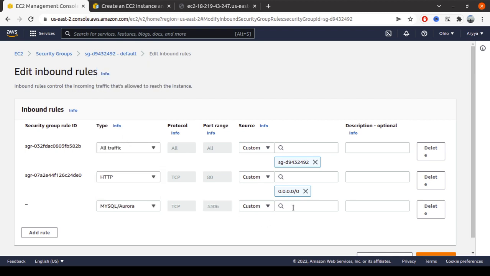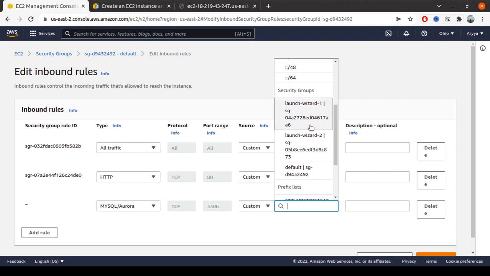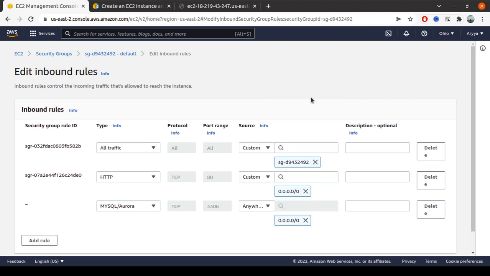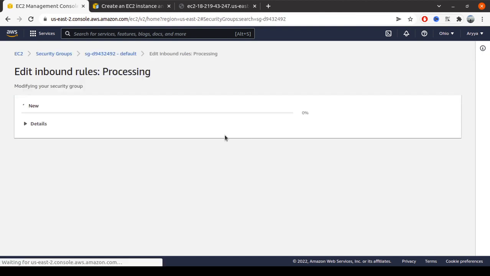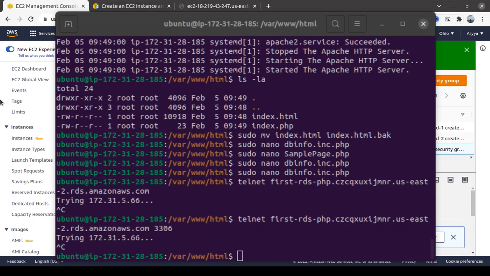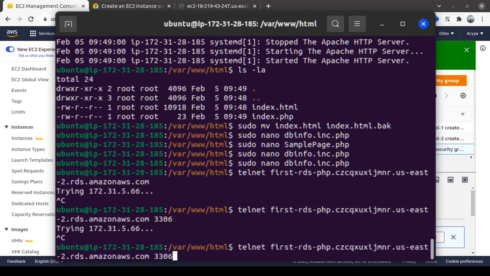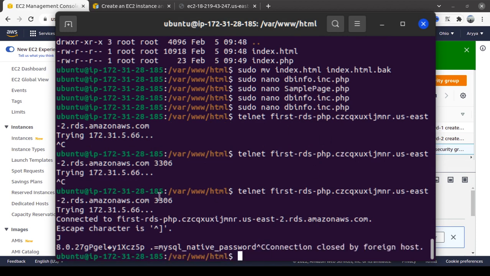Okay, this one. For now let's allow from anywhere, because this is still private, right? So let's save and retry the test from the console again. You can see right now the access works.